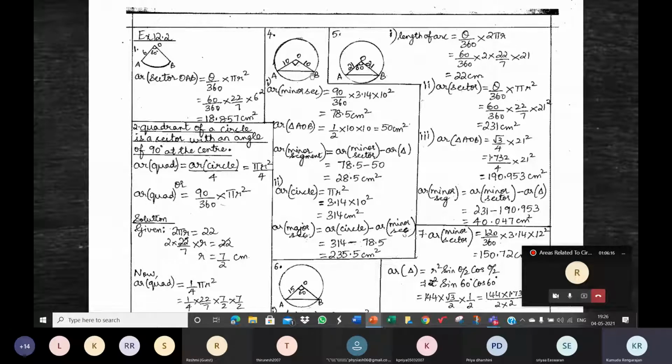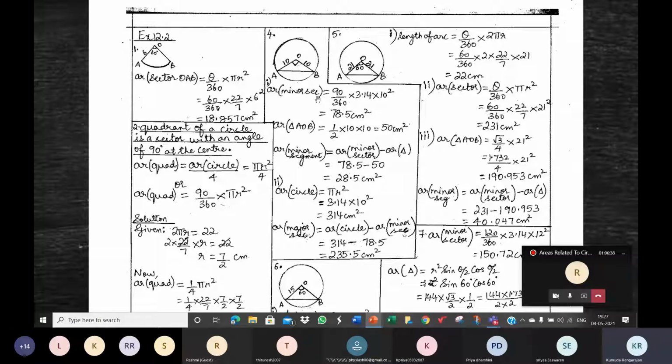And we know that to find the area of the segment, we need to find the area of the sector fully and subtract the area of the triangle. The sector is the triangle and the segment together. Find the area of the full thing, the sector, and subtract the area of the triangle to find the area of the segment.